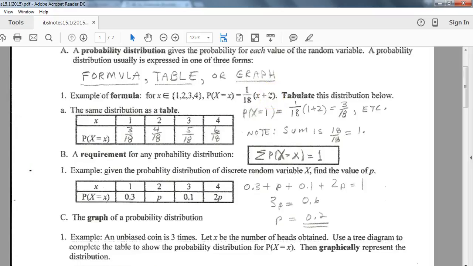So they're going to say the probability of x happening, the probability of getting this, is based on this formula. So if I sub in the elements of that data set, so if I plug in a 1 right there, 1 plus 2 is 3, 3 times 1 over 18 is the probability of getting a 1. If I want the probability of getting a 2, then I sub in a 2 for x, and that's the probability of getting a 2. Sub in a 3 to get this, sub in a 4 to get this, and those are the probabilities of